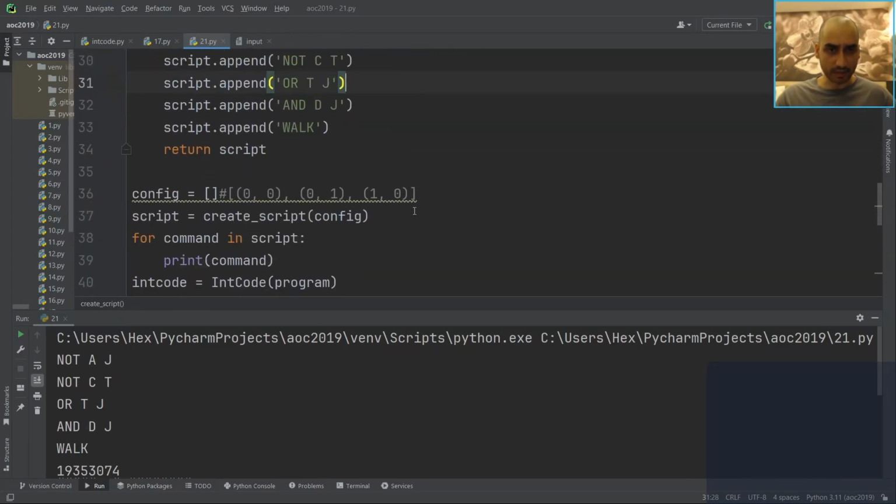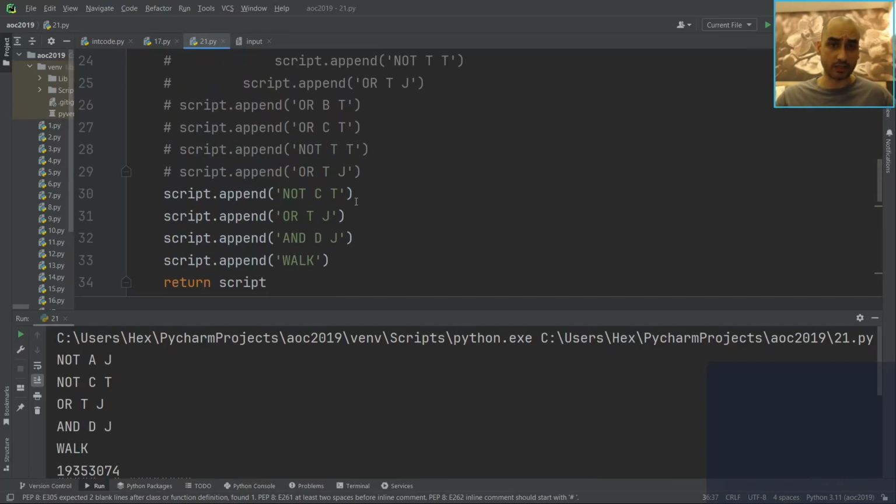So we just found a simpler... Oh yeah, but that is actually what we were doing, isn't it? Not C, because B was independent, because both 0,0 and 1,0 are jumps. No. Oh, it's just a different solution to what we found before. But this works. Okay, so not C